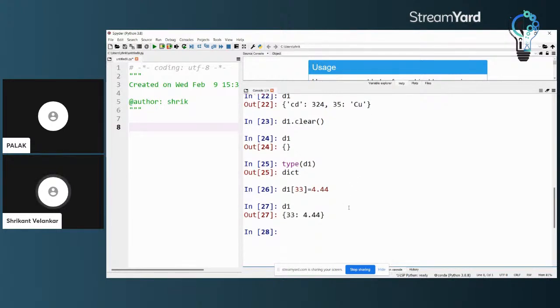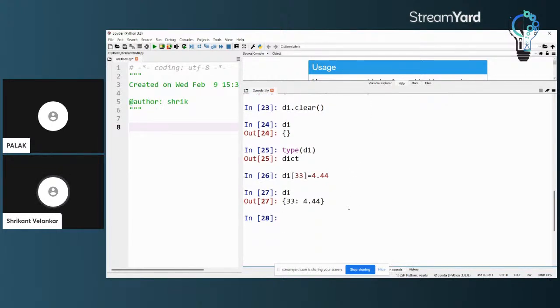So, in this way, the dictionaries can be manipulated. Okay, what all things have we seen? Dictionaries have key value pairs, dictionaries are Python sequences, dictionaries are mutable, the keys can be any immutable Python variable, and the values in a key value pair can be any immutable or mutable, in short, any Python variable.